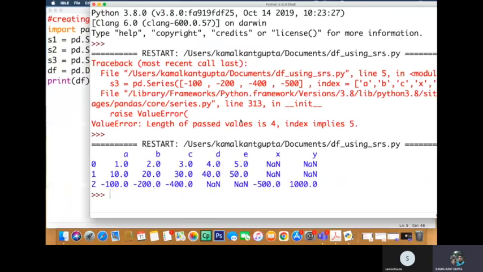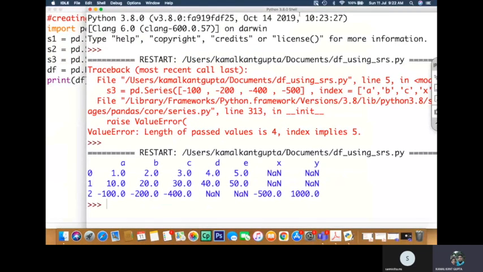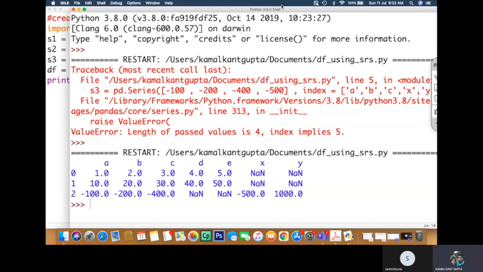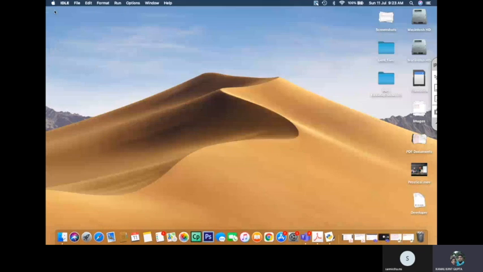Now you see, whatever output we have assumed, this is showing the same, isn't it? So 0, 1, 2, 3, 0, 1, 2, these row names are there, and then we are having these values over it. So this is okay, this is done. Now let us move on to the next thing.